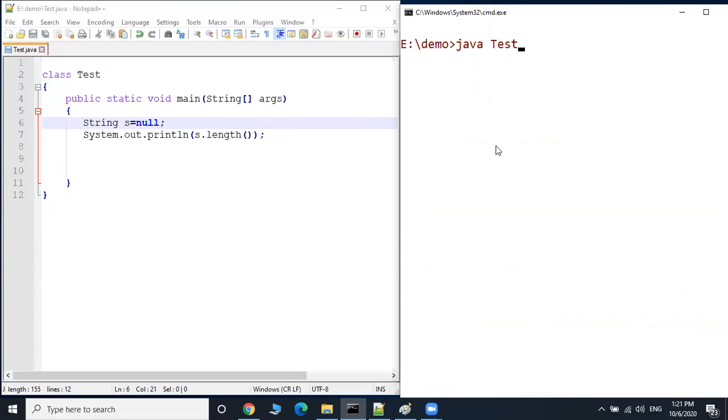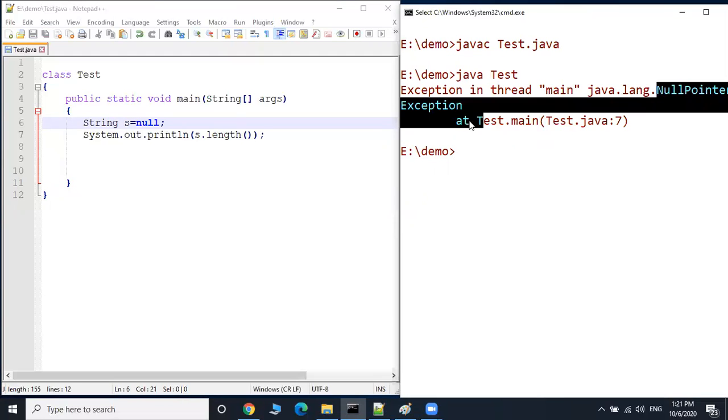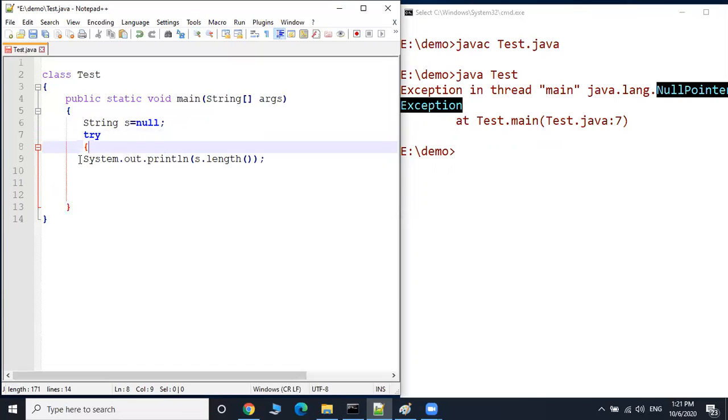Now see what happens. Javac and java. Now this is the null pointer exception. The print statement raises an exception called null pointer exception. Now how to handle this null pointer exception? Using the try catch block. Keep this statement inside the try block, then catch.